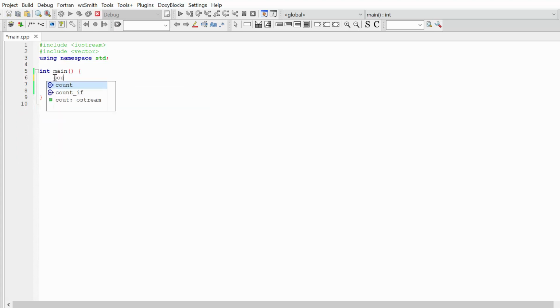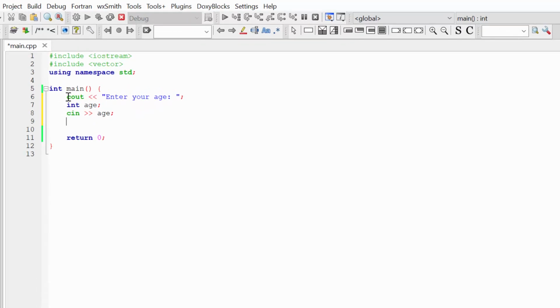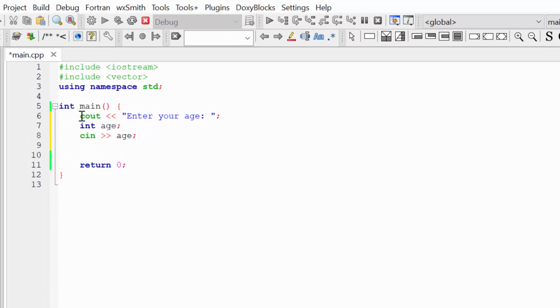Okay, let's go back to our code where we asked our user to enter his age, because I want to give you another example so you can better understand how to work with these logical operators. I'm going to create a program that will assign my user to the grant program if my user is between 18 and 33 years old.